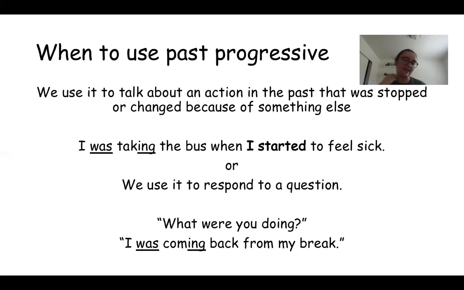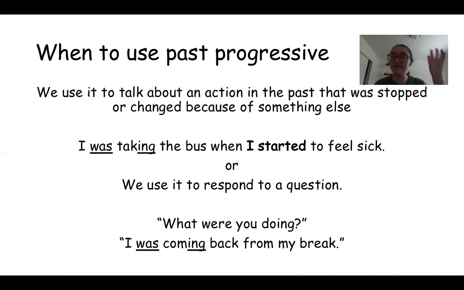And the reason we say it this way is the first part we say, "I was taking," right? "Was" lets us know that it was the past. The "ing" at the end of the verb "taking" lets us know that that verb is continuous. It was happening, right? It wasn't just that it happened and it stopped. It was going on. So we know that it was the past because we say "was," and we know that it kept happening, right? And then the second part, we just use the simple past tense. I was taking the bus when I started to feel sick.